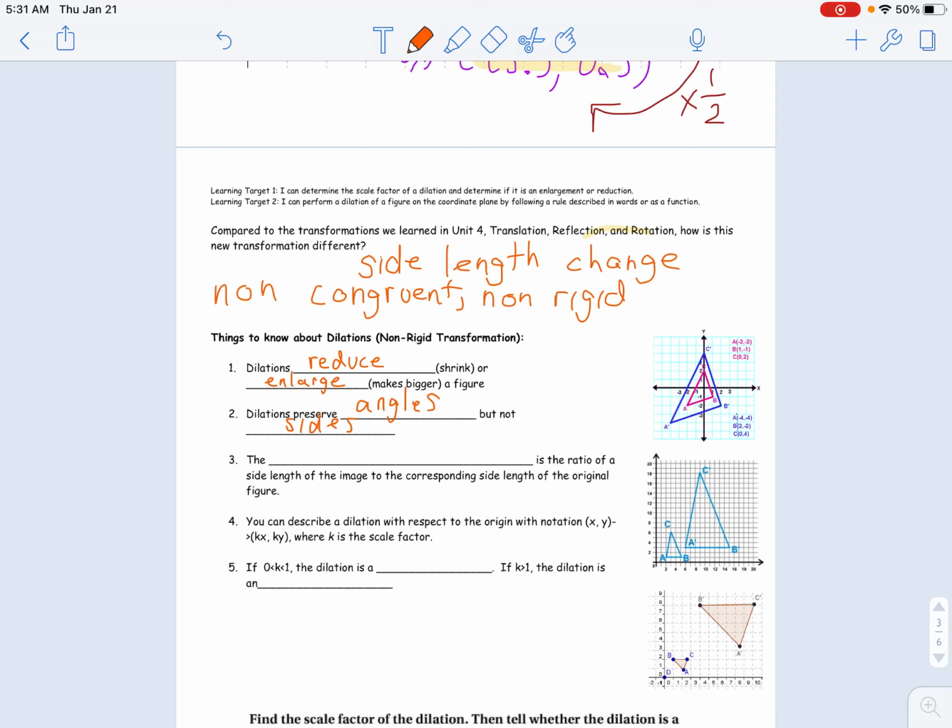The scale factor, and now my dog's barking at 5:31 in the morning, I'm gonna have to go get him soon,